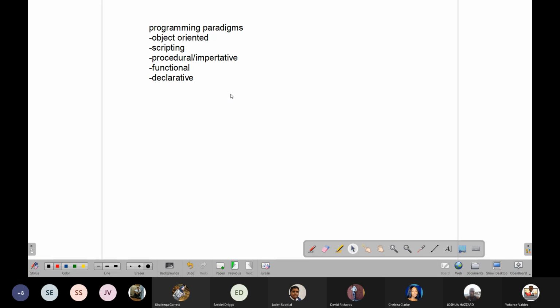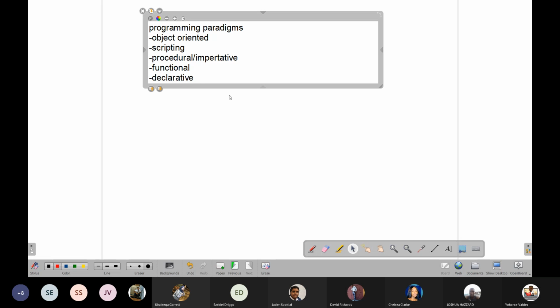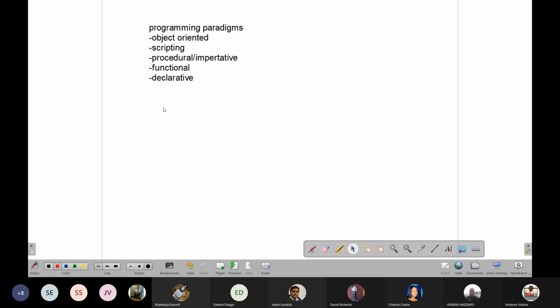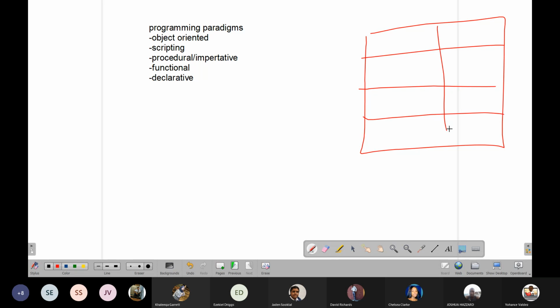So for a declarative paradigm, you could use SQL code or HTML code as saying, I am telling you to create a web page. Anybody here ever made a web page before or played with HTML code before? Yes, no, right. So Jaden knows what we're talking about. Yes, sir. All right. So in HTML, if I want to create a table like this on my web page,